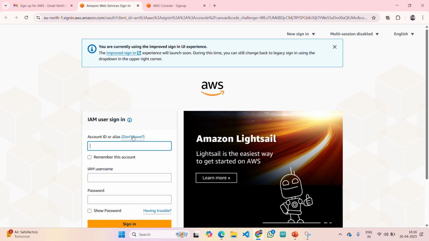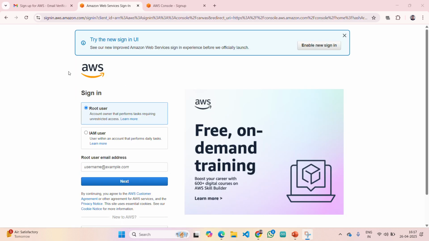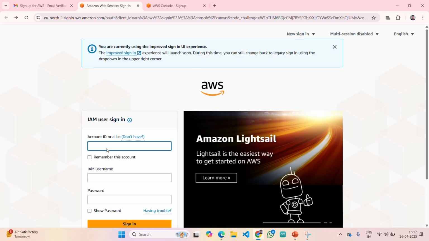Here you need to enter the account ID and all. If you see here, once I click on it, I'm getting the IAM user sign in, and here it asks for different details which we have not given during the sign up. Then you need to click here, don't have.